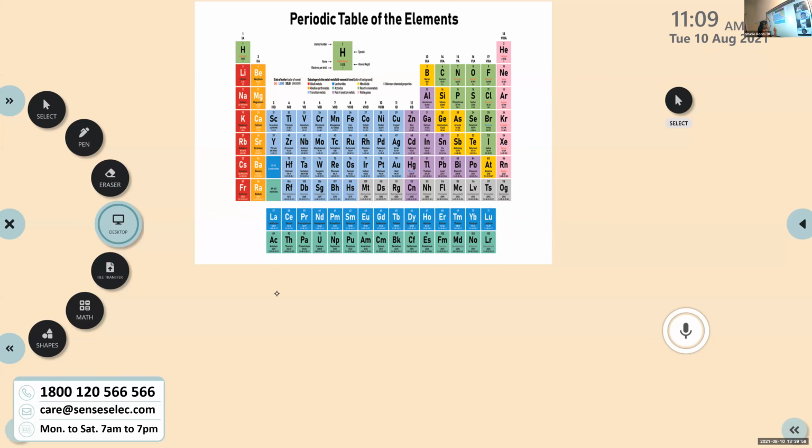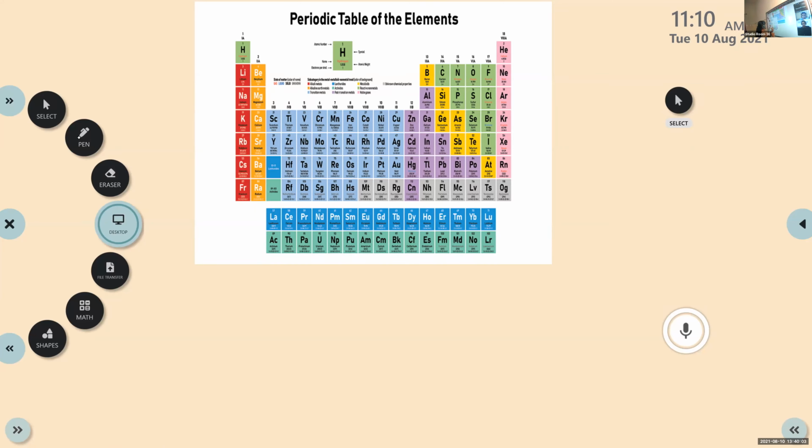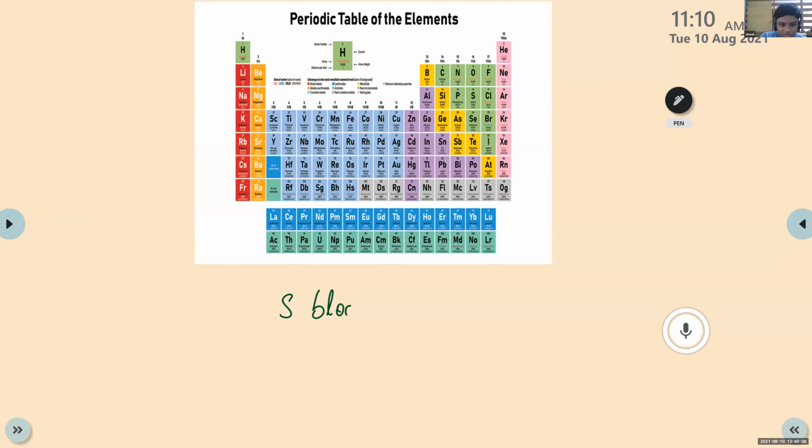Do you remember the equations to find out the group number from electronic configuration? Jewel, what about the s block? One minute, children. Yes, Jewel, s block: ns raised to x. Okay, so what about the group number? n is the principal quantum number and s is the subshell. Then x is the number of electrons. Which number will represent the group number? x. Yeah, x. From s block elements, x is the group number.